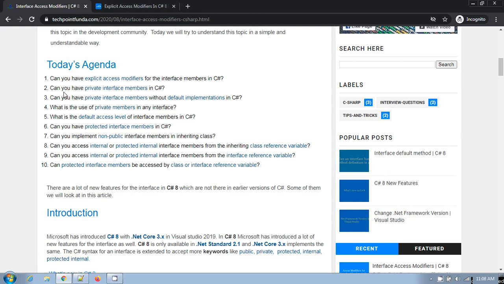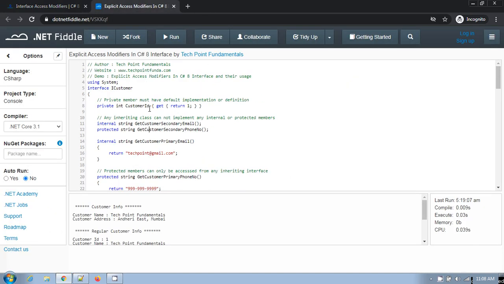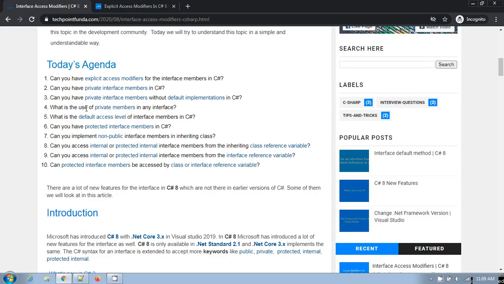The second question, can you have private interface members in C Sharp? Yes, definitely we can also have private interface members in C Sharp. You can see here I have defined a private member customer ID. And can you have private interface member without default implementation in C Sharp?